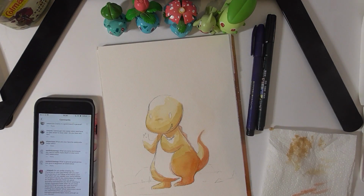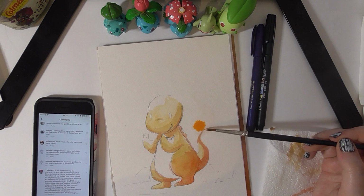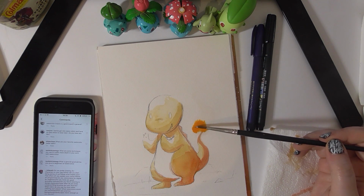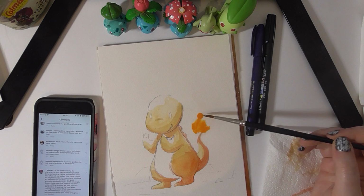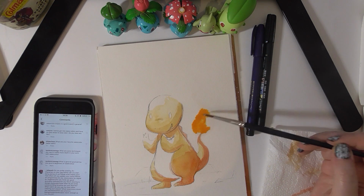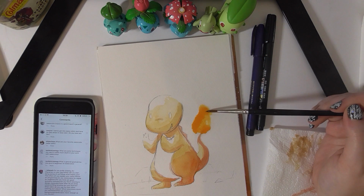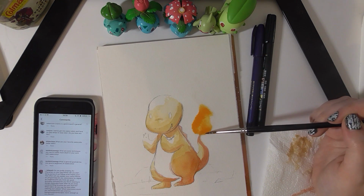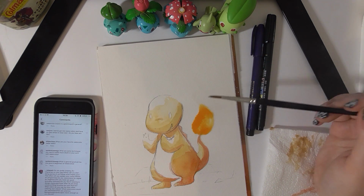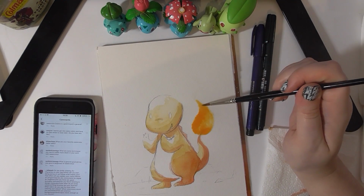So you won't be able to see it on cam, but now I'm going to just go straight in and let it. Whoa! This always amazes me. And you can see it kind of stops. It's just hypnotic. But it's going to take a long time to dry. It's not like oil painting long, but